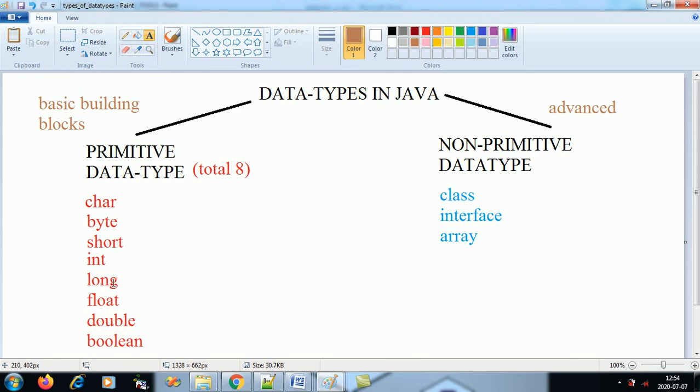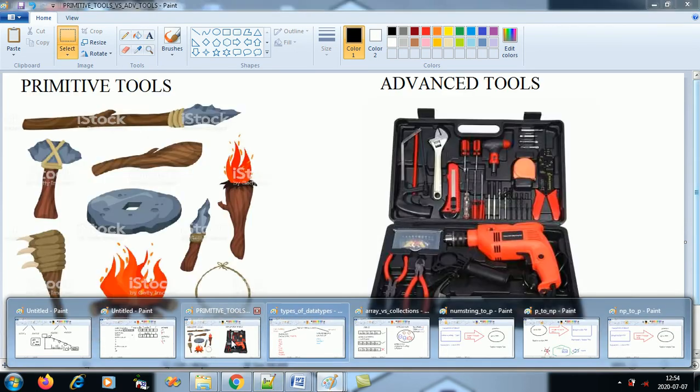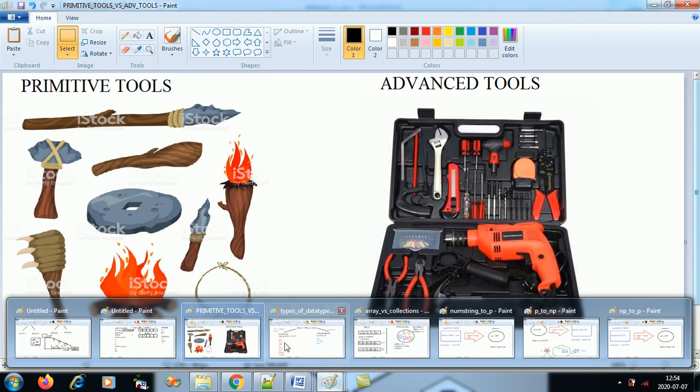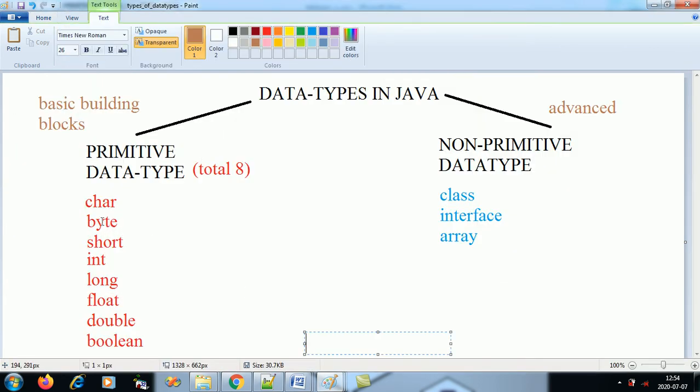These are your basic data types, the primitive data types, which we have been using from C onwards. Like those tools invented millions of years ago, we are still using them. Some people still use them. Similarly, these are your primitive data types, the basic building blocks.